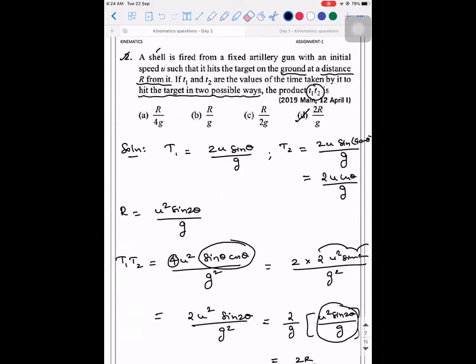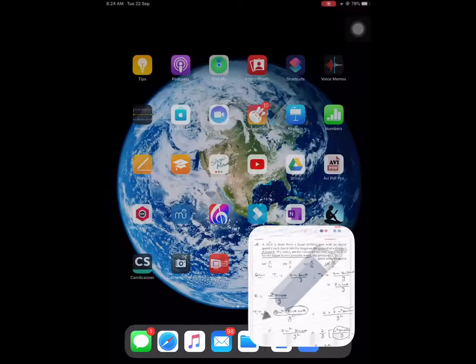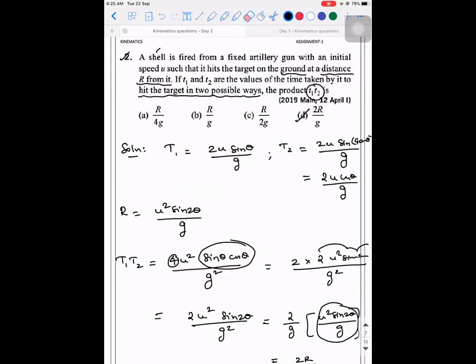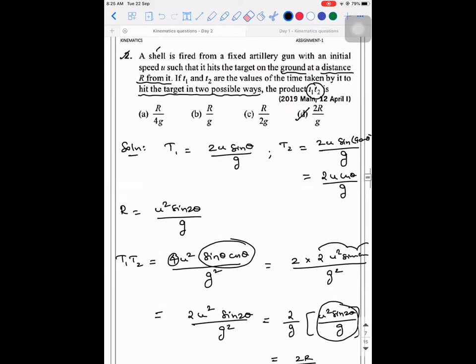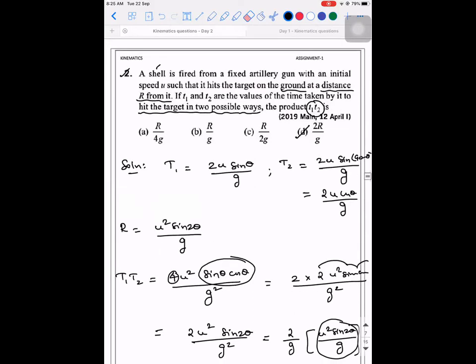So will you give us another DPP today? Yeah, I will. I'll be giving it based on projectile motion. Whatever has been taught, if you have problems based on trajectory or radius of curve, whichever is not taught, you need not do it. But whichever is explained in today's class, you will need to do the problems related to that. So will you send the notes also, the derivations? Yeah, I will send it. I will not send it on WhatsApp. I'll be uploading it in the app itself, where there will be a page called study material. So you can go through it whenever you want.